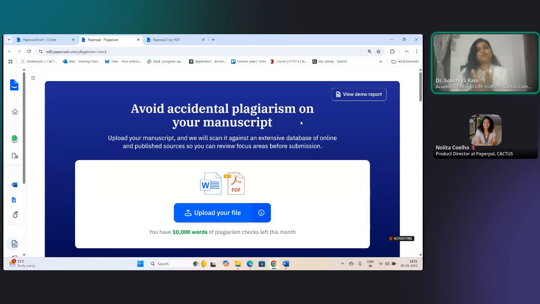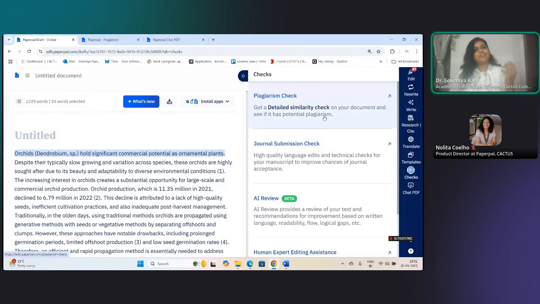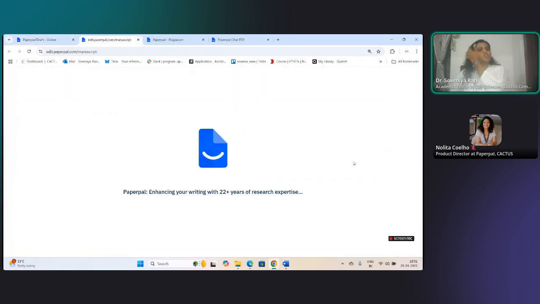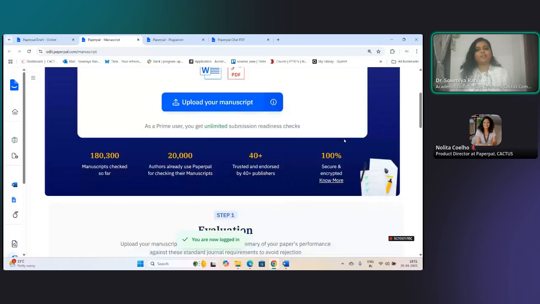And this plag report could be your guideline for revising your manuscript to ensure that it is plag free, or at least the score stays within what is acceptable by the majority of the journals, which is usually somewhere around 10 to 12%. The second check that is possible with Paperpal is this check called journal submission check, where you can